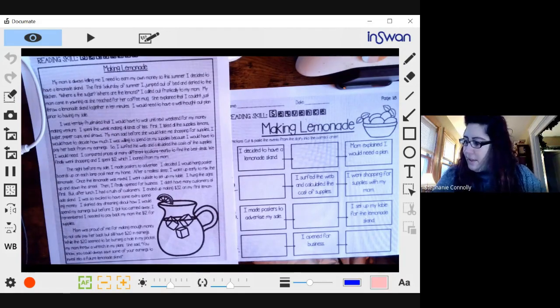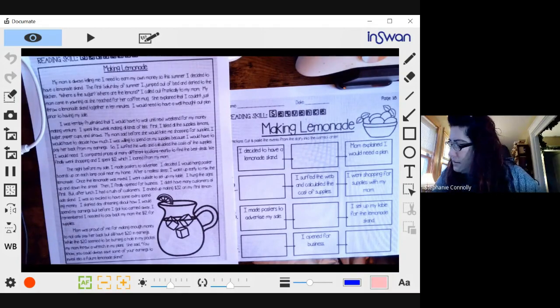I spent the week making lots of lists. First, I listed all the supplies: lemons, sugar, paper cups, and straws. My mom said before she would wake me up for shopping for supplies, I would have to decide how much money I was willing to spend on supplies, because I would have to pay her back for my earnings. So I surfed the web, calculated the cost of the supplies I would need. I compared prices at many different locations nearby to find the best deals. We finally went shopping, and I spent $12, which I